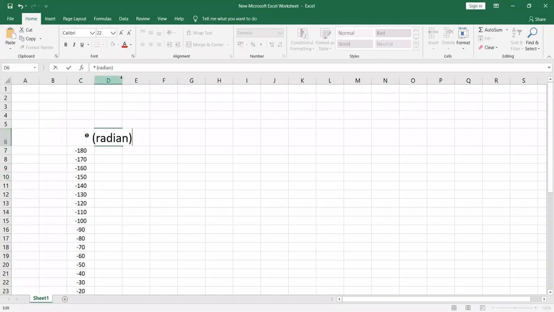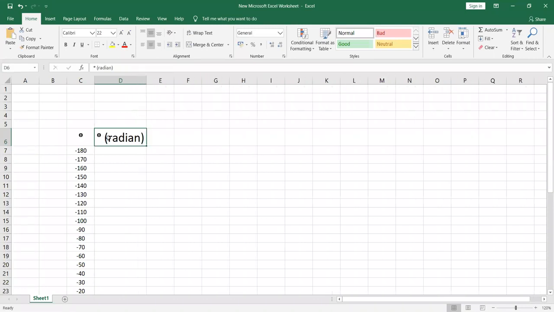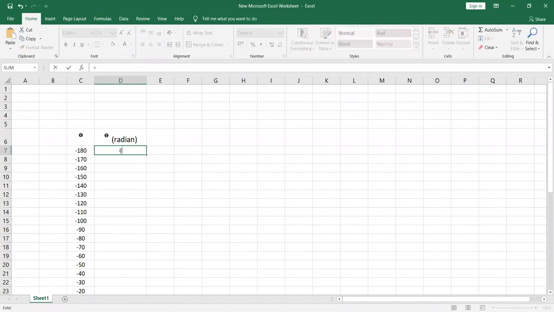Just extend this column, increase the width of this column, or you can simply decrease the size of the letters. So we have to convert this value in degree into radian. For that, you can simply use a function. Which function we have to use? Can anybody tell me which function? Is equal to, then after that,